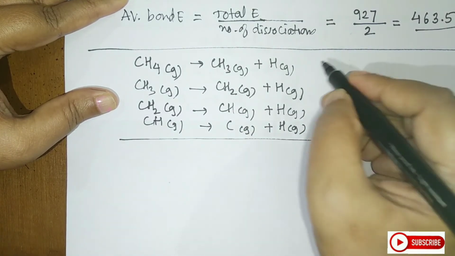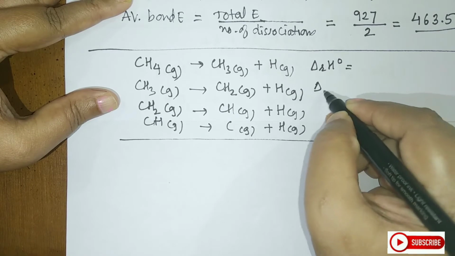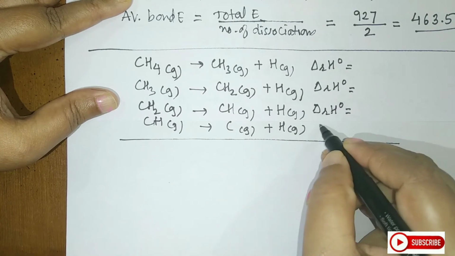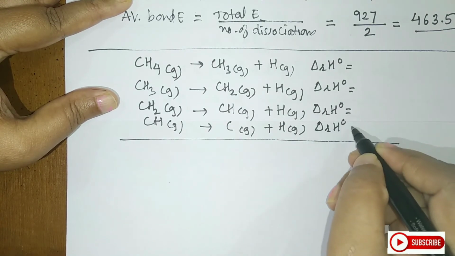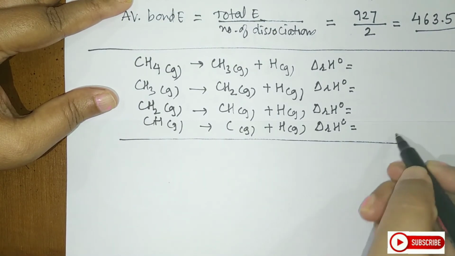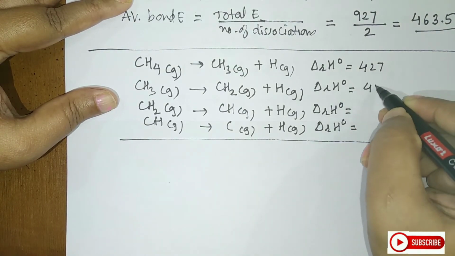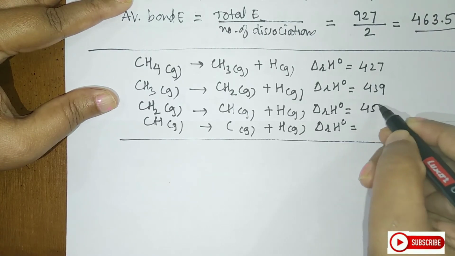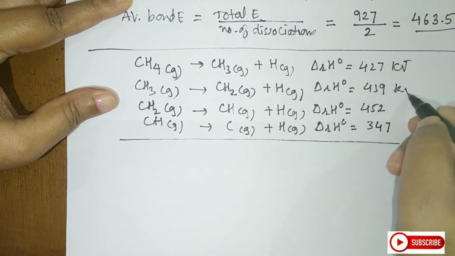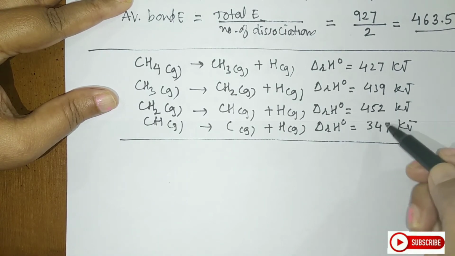Now you will add the equations. For that, let us write the enthalpies here. So for this, I will just mark the enthalpies. They won't be same because the environment and the bond strength will vary as the molecule becomes more and more unstable after the first cleavage. And then it will lose the last hydrogen easily. So the last enthalpy here will be less. Let us see what the values will be. It is 427, 439, 452 and 347 kJ. So they all are in kJ values. The first is 427, 439, 452 and 347.